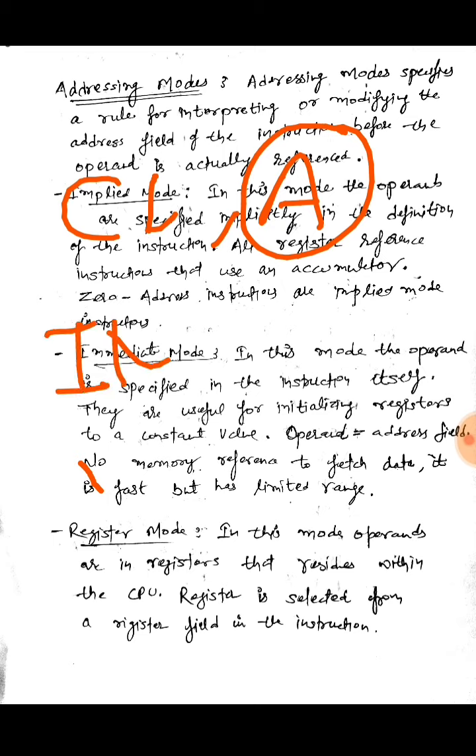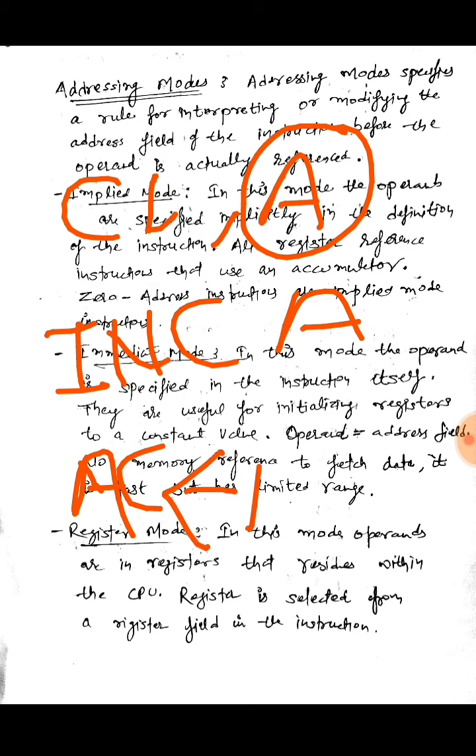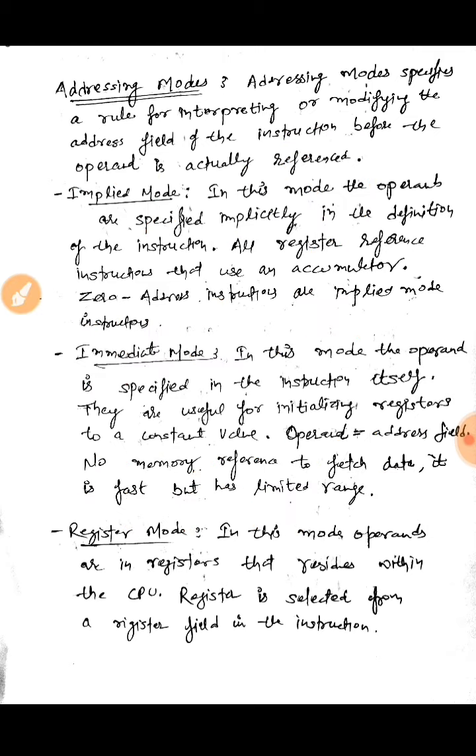It will simply clear the data of the accumulator. Or if I say INCA, that is increment A, it will increment the data by 1 in the accumulator, that is, whatever is stored in the accumulator now will become AC plus 1. So in this, the operand is implied in the instruction itself. We can see there is no separate operand which will specify a register's address or main memory address. So it is used in zero address instructions.